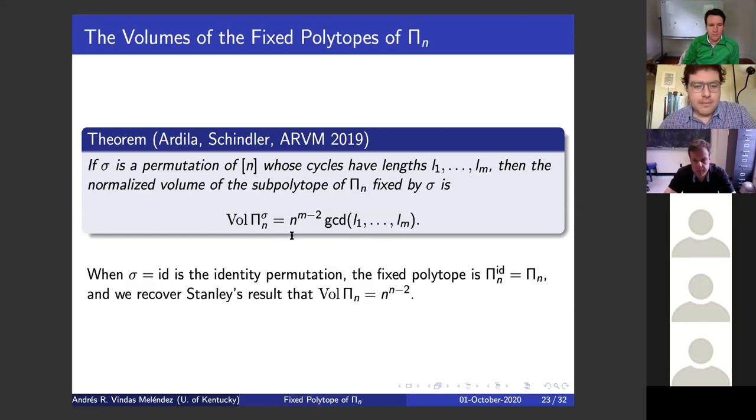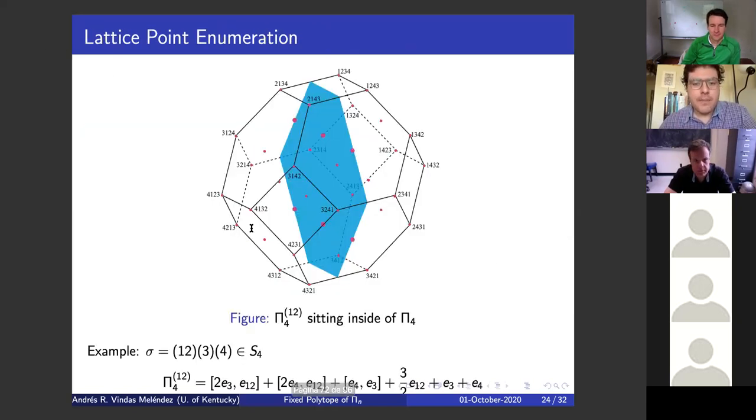Oh, yeah, and so when we act by the identity, I forgot I put this in. So when we act by the identity, we recover Richard Stanley's result, okay? Awesome, are there any questions? No questions? Awesome, okay. And so here we have the same picture, but now I've drawn it so